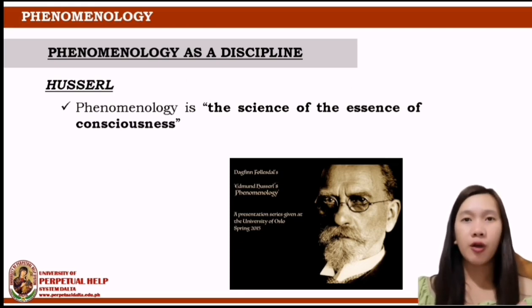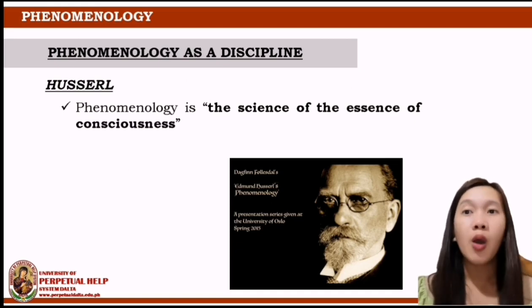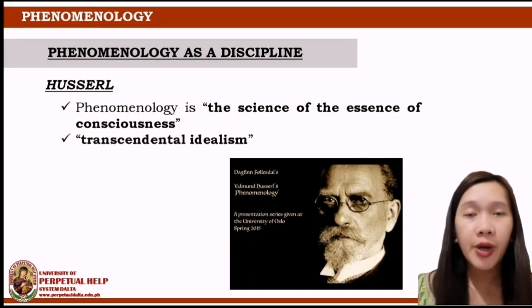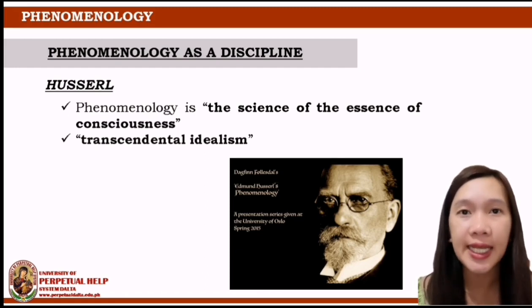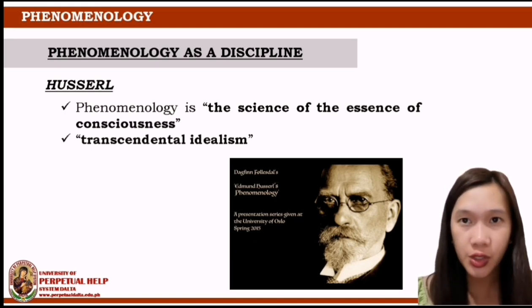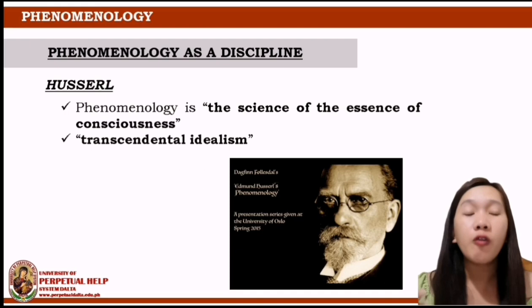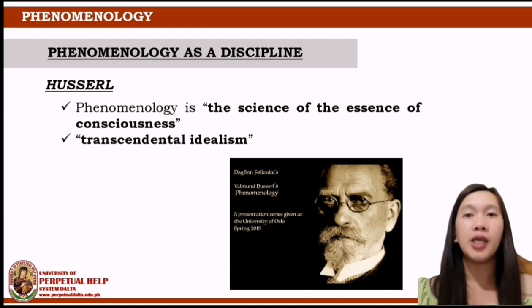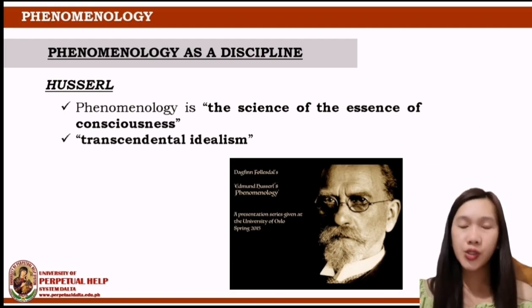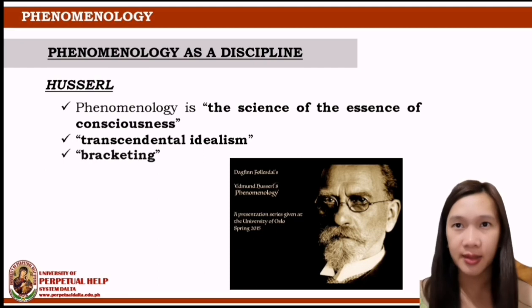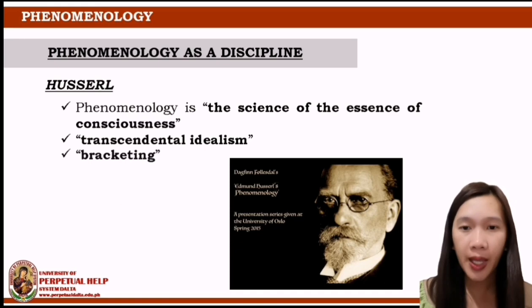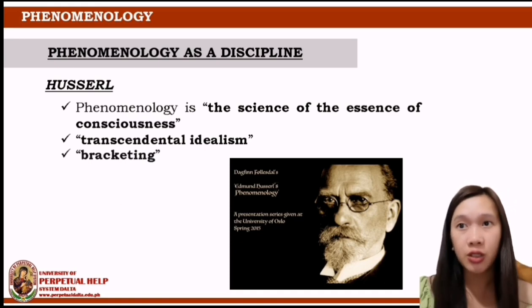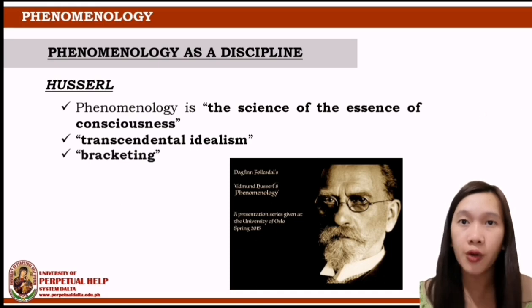In Ideas, Husserl presented phenomenology with a transcendental turn. In part this means that Husserl took on the Kantian idiom of transcendental idealism, looking for conditions of possibility of knowledge or of consciousness generally, and arguably turning away from any reality beyond phenomena. He also proposed the term bracketing, setting aside the question of the existence of the natural world around us. We thereby turn our attention and reflection to the structure of our own consciousness or conscious experience.